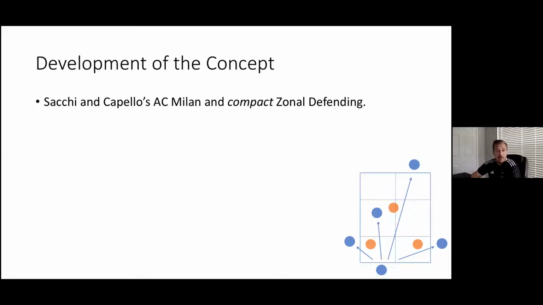And remember, the tools that were developed to combat the defense at that time was man marking. It developed into zonal marking, really compact, really intense. If you look at videos of Sacchi's Milan, you're going to see them all really tight together. Some of the offside traps that they pulled were absolutely insane, where the whole team sprints forward immediately.